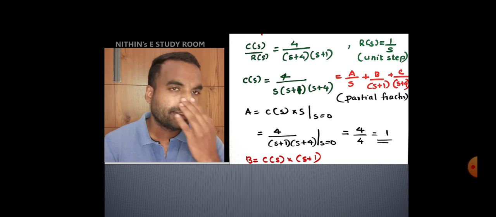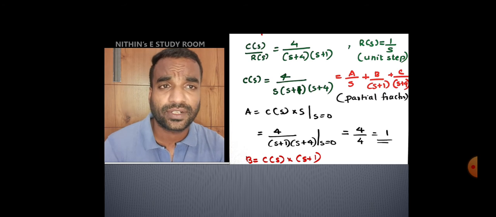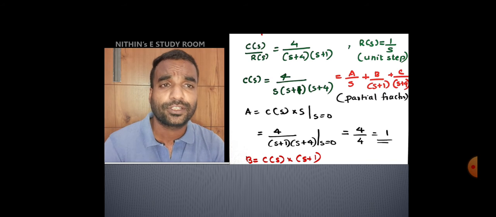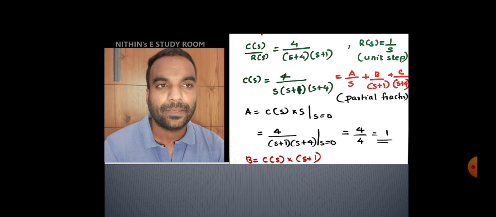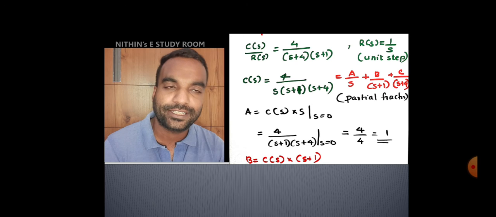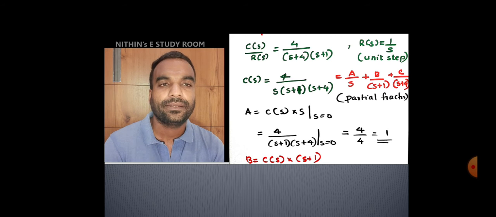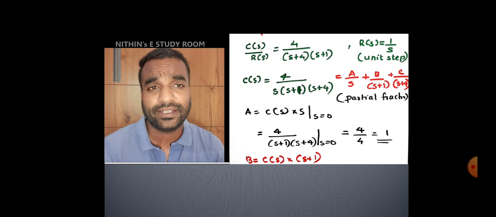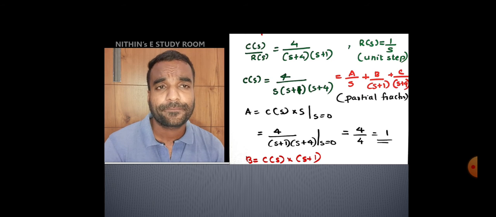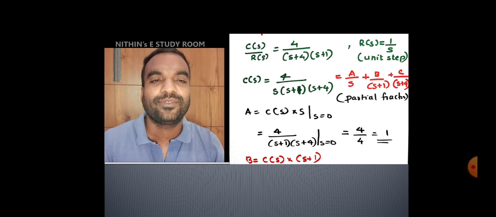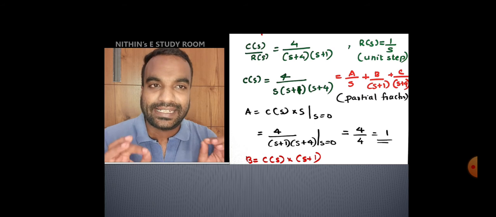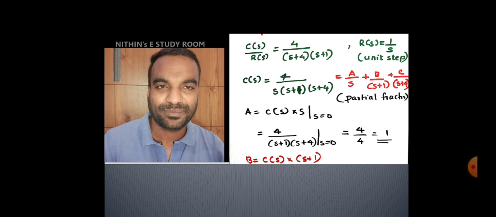So this is a simple case, partial fraction case 1, that is 4 by s into (s plus 1) into (s plus 4), which can be rewritten as a by s plus b by (s plus 1) plus c by (s plus 4). And now apply the technique for finding residues. For finding a, I will always comment on what the general theory is, but for an easy method, this is my way.